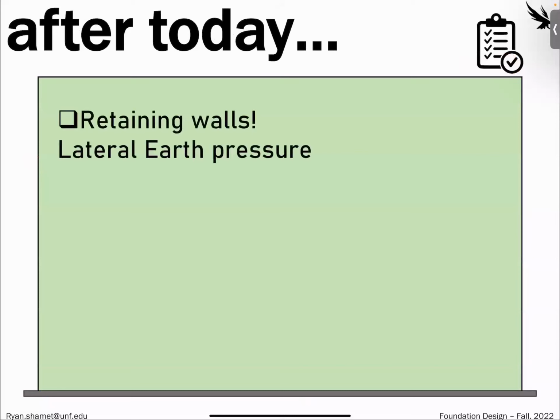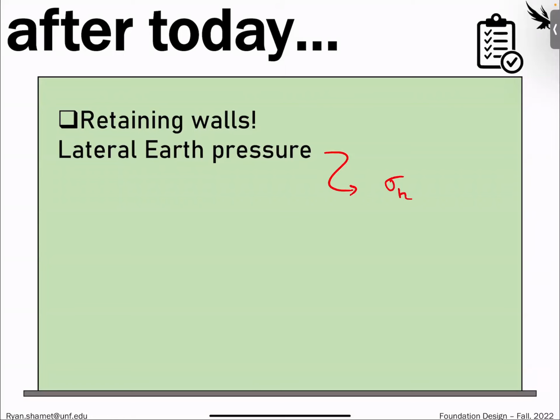All right, today we're going to be talking about retaining walls. This is a type of foundation technique. When we are building foundations, especially if we need to excavate, we're going to have to build some type of retaining wall. In order to calculate the retaining wall, we need to determine the lateral earth pressures. So this is that